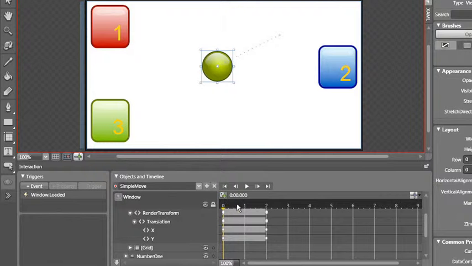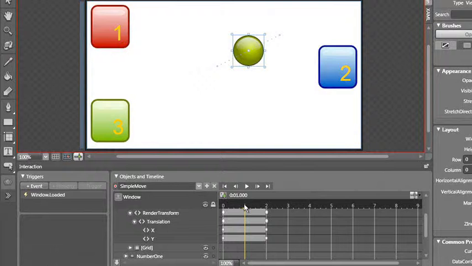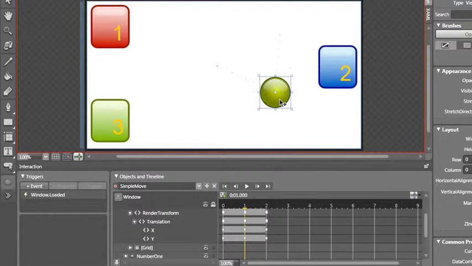Now, as I move the playhead around, you'll see that the ball will move to what I expect the properties to be at that time. I can change these properties just by changing the artboard. So if I move the ellipse again, I'm now stating that at time 1, I want the ellipse to be at this point. The small dotted lines have also changed to show me the path that the ellipse is going to follow. So when I press play now,